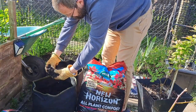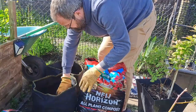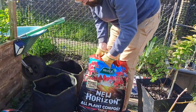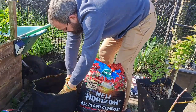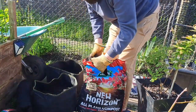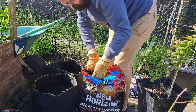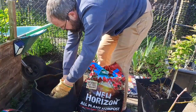Breaking apart. Does appear to be some larger bits in there, but certainly no chunks so far. Yeah, that feels a lot better. This will make good topping for it. Now, in the spent compost that's in the bottom, there is also some worms in there as well. That'll help break down a lot of the stuff that's in these composts, and that'll do the courgettes a world